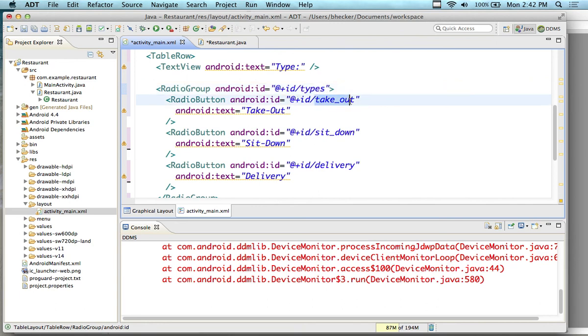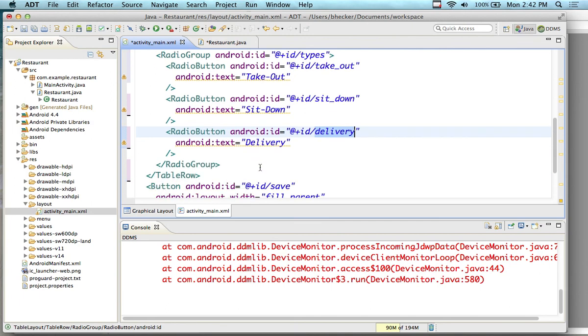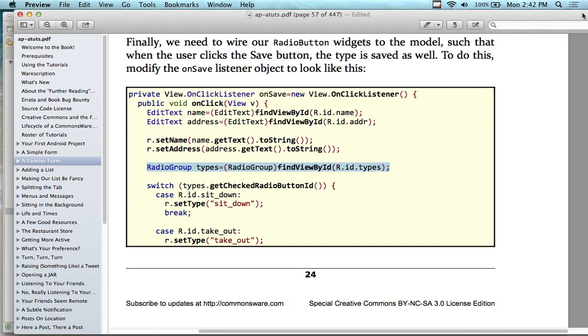And the ID here is takeout, sit down, or delivery for the buttons. So when we write the code to check that, we're going to switch, like a case switch you see in C++ or Java. Switch types.getCheckedRadioButton. GetCheckedRadioButton from the radio group is going to tell me which one of these buttons is checked. Is the ID, so